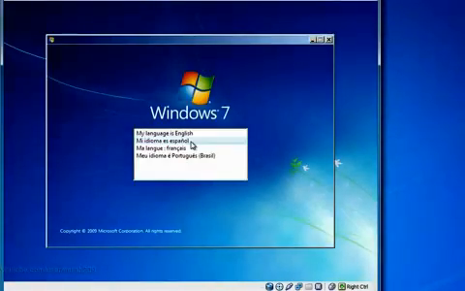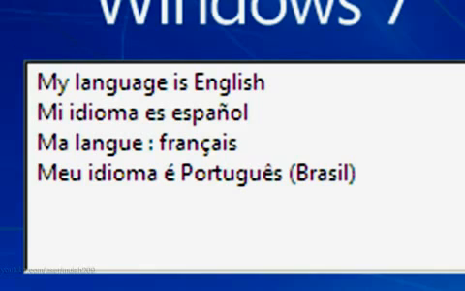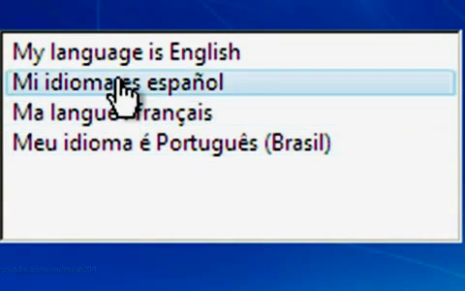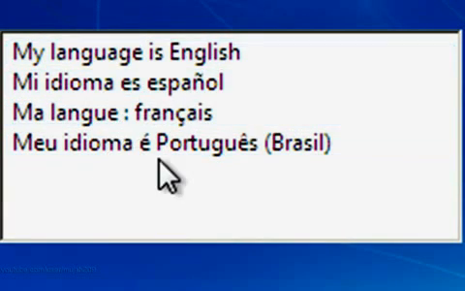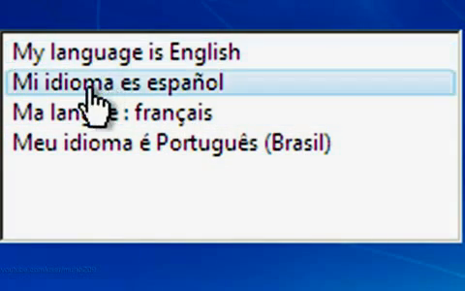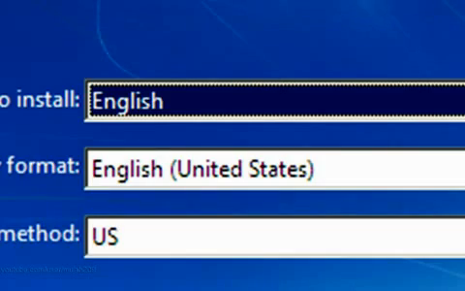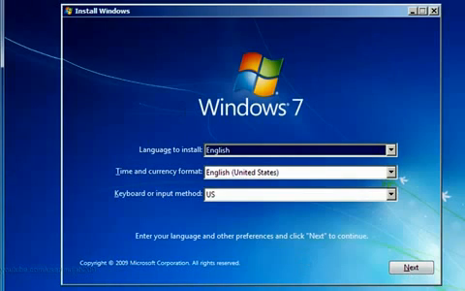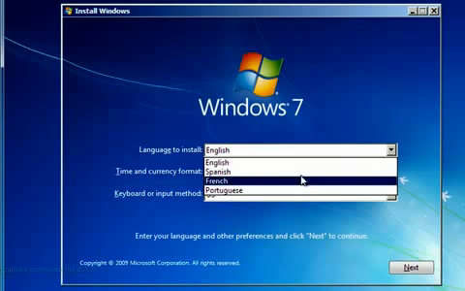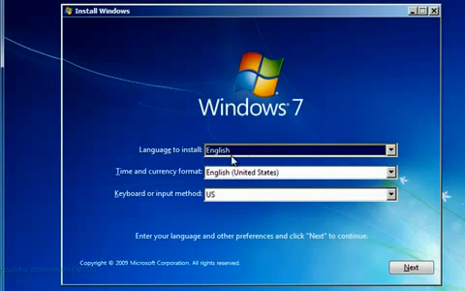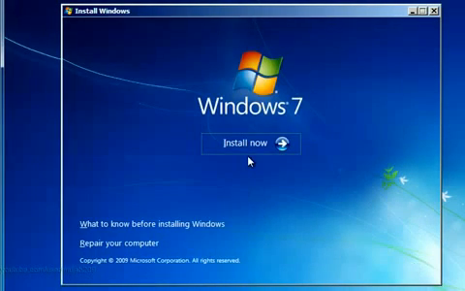Alright, so if you come to a page like this, you don't usually get this, but if you do, just select your languages. I'll go with English for this installation, and when you come to this page, make sure you have your language to make Windows work with. You have a lot of options usually, but here I only have 4. So I'll go with English and everything English. Right, click next, click install now,